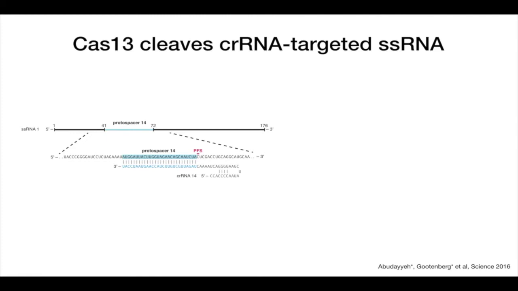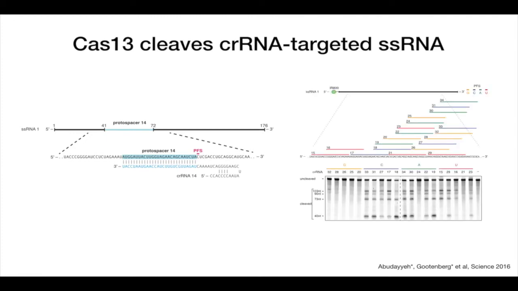And so what we did is we have a piece of RNA, and we designed different guide sequences that targeted this RNA based on complementarity. And then the target site is designed to be flanked by different RNA bases. So if you look at an experiment, this is the RNA we're targeting. These are all of the different sites that we targeted within this RNA.